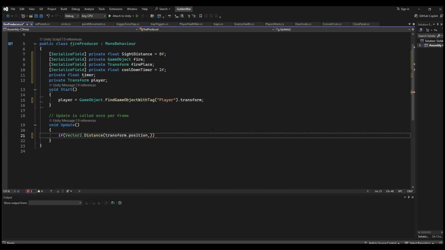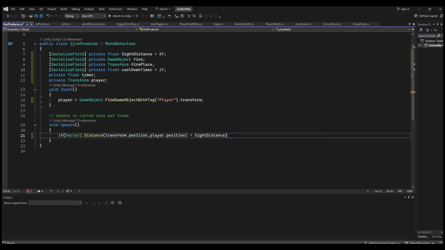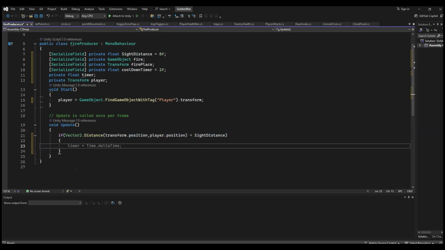Okay, now I say player.position, so it is less than sight distance. Then